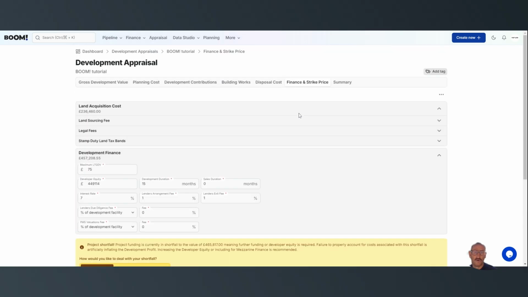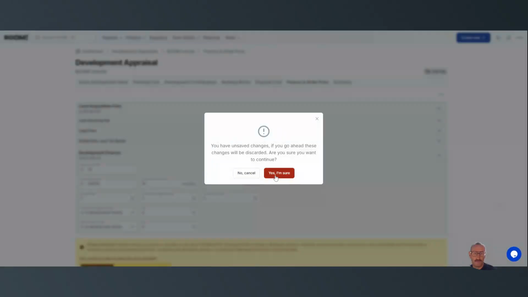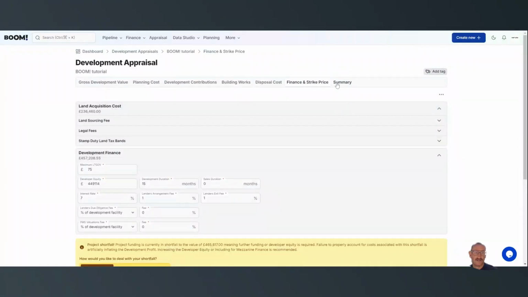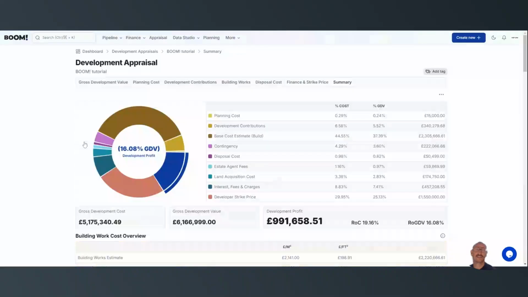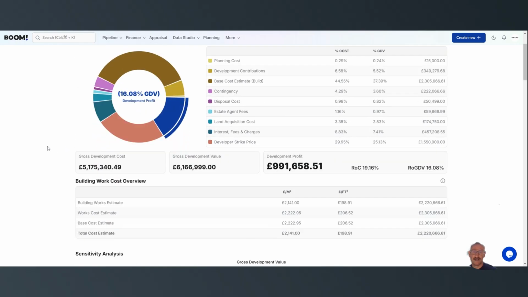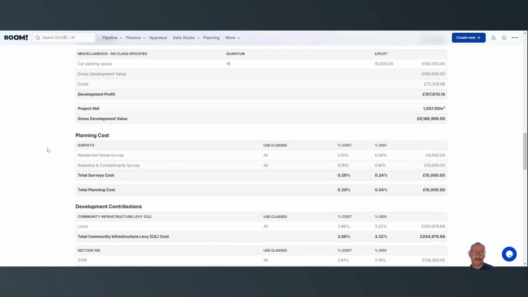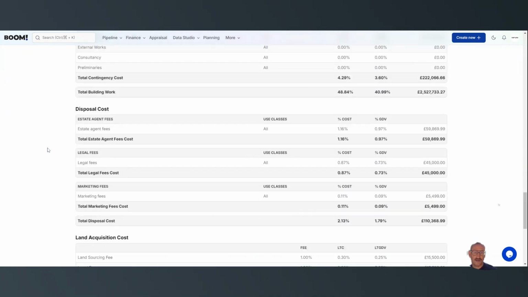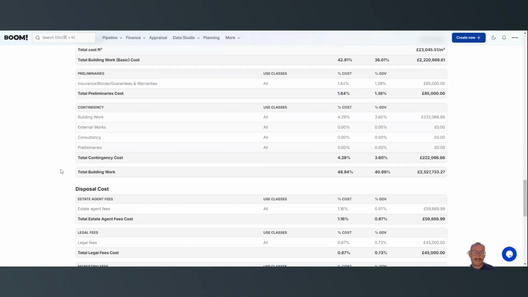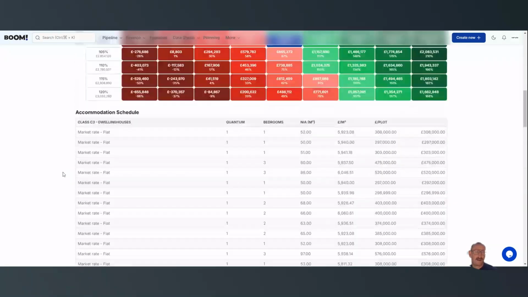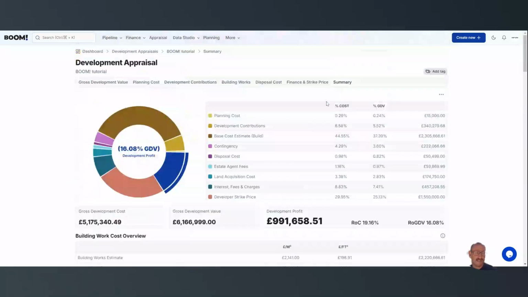If we were to move forward onto the summary, and we will cancel those changes, by selecting yes, I'm sure. We've then got a very detailed breakdown of all of the costs that have been submitted, and a sensitivity analysis, and here, as you can see, all of the costs associated with that particular appraisal. This can be generated as a PDF, and a wonderfully powerful thing about Appraisal is that you can introduce other users into the appraisal. You can assign permissions, you can see the history,